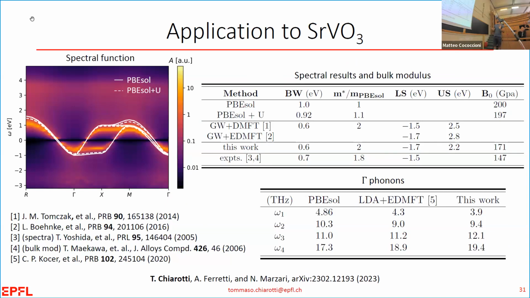So yes, you can compare the bandwidth with experiment, with GW plus DFT. The results are perfect. So nothing to say about this. The only thing is that with all of this, you don't only get a normal spectrum, you also get the phonons. So you get the total energy, you get all the things that you would get with density functional theory, the bulk modulus, the phonons, and you can actually compare it with the DMFT results of Christian Aulé, and they go in the same direction. They are not the same, but there are issues, let's say, on both sides that we are fixing in some sense.